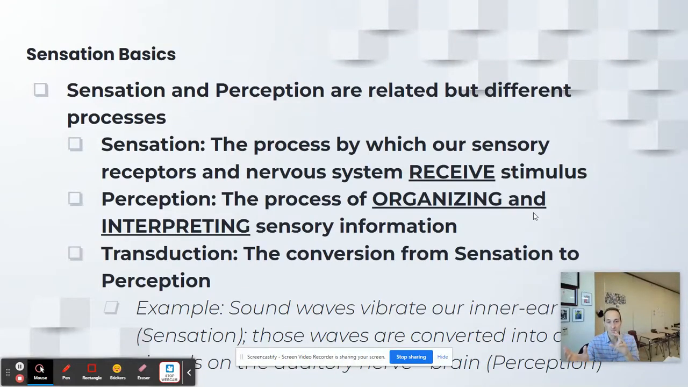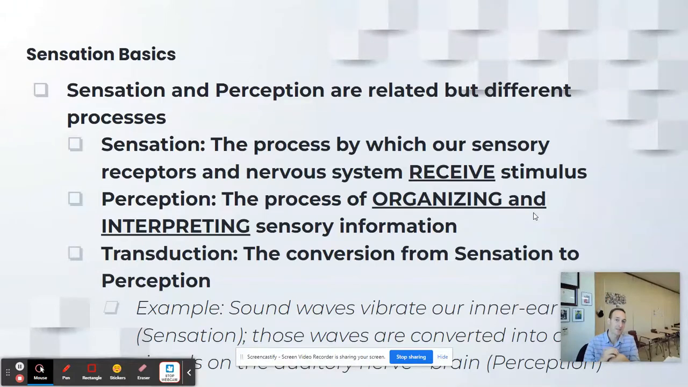So it's reliant on sensation. Sensation has to happen first, and then we perceive what we are sensing. And that process can sometimes be altered. So one of the things we'll be talking about in today's conversation, and we'll get into this over the course of several days here,